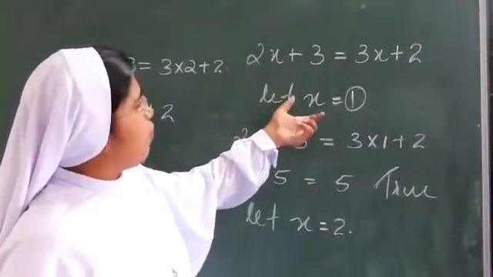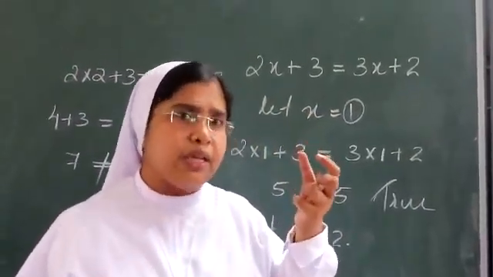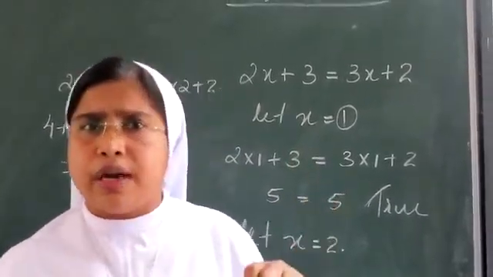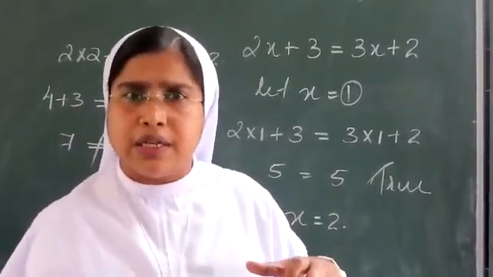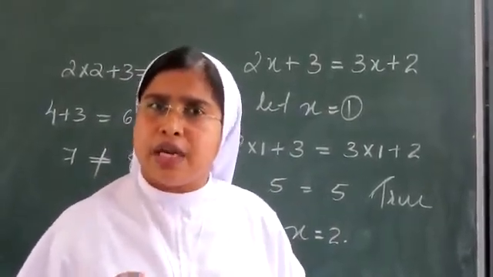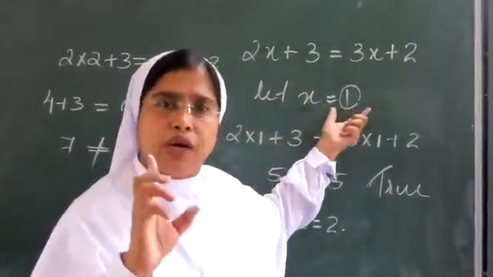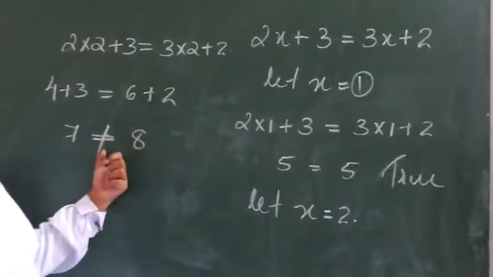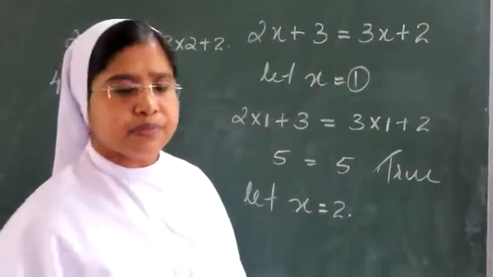So when we have only one value for x, now you remember when we were speaking about Raju's age or Ramu's age and his father's age, we cannot have a different age for Raju at a particular time. Maybe this year if he is 10 years old, we cannot say he was 11 years old. No. If this year he is 10 years, it is 10 years only. Here we can have x as 1 only. We cannot have any change. When we put a different value, this is not equal. So this is not an identity. This is something about equations. Hope it is clear to you.